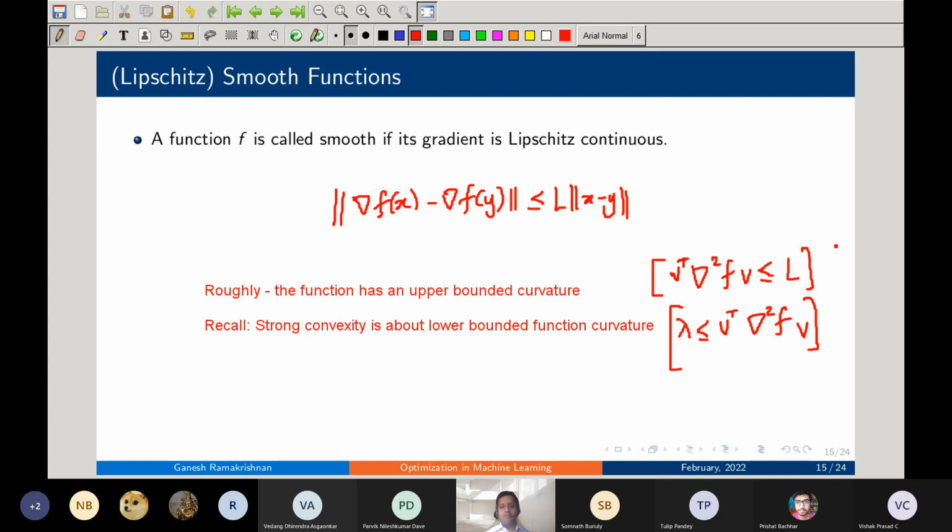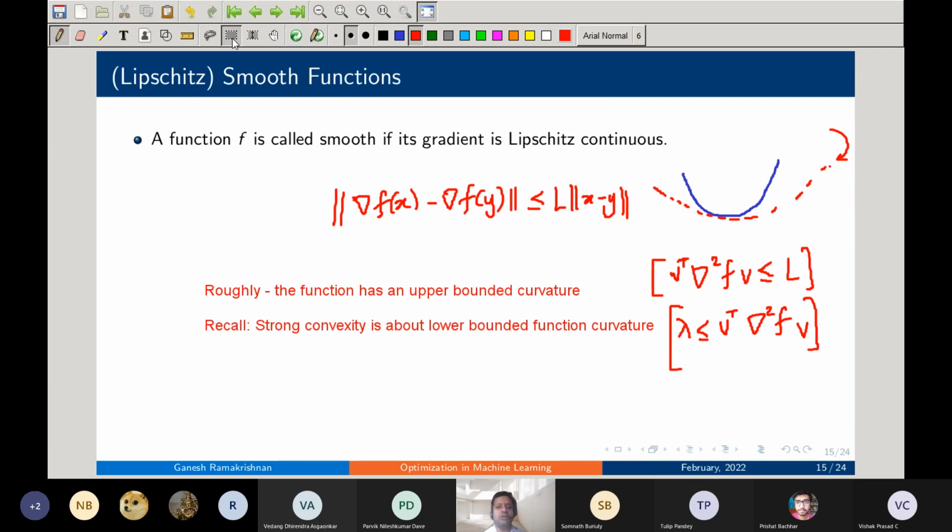Okay, so what does this mean pictorially? Pictorially, let's get the understanding. Right, so basically, we are saying something like this. We are saying that this strong convexity, we are saying that the function cannot be too